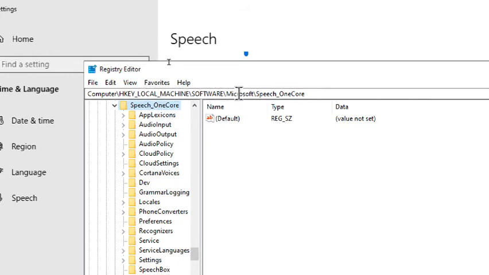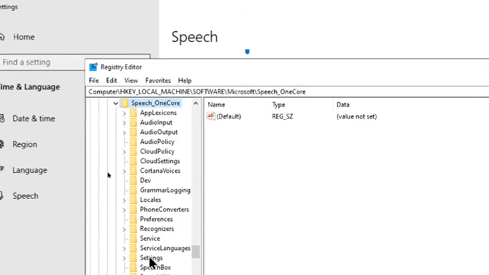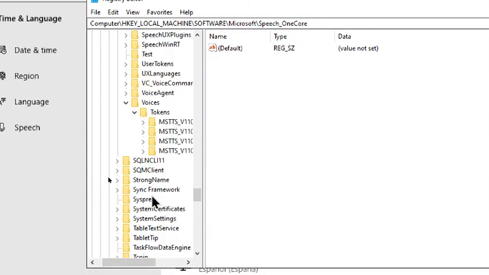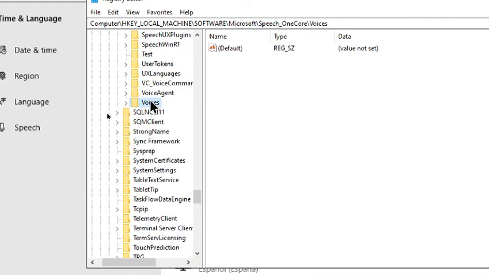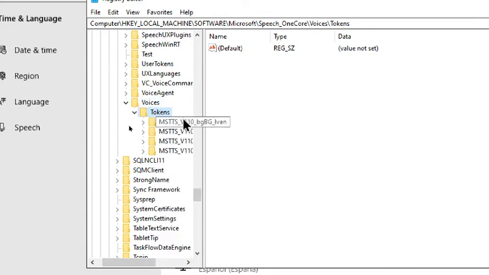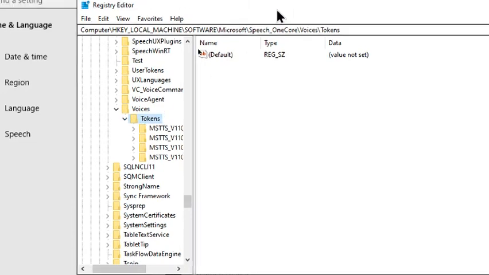You'll be under software, Microsoft Speech 1. Voices, tokens. We don't have the Spanish one up. In the next video, when I restart my computer, I should be able to see the Spanish one up under